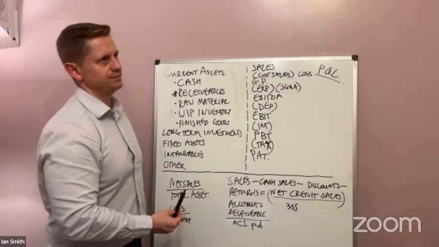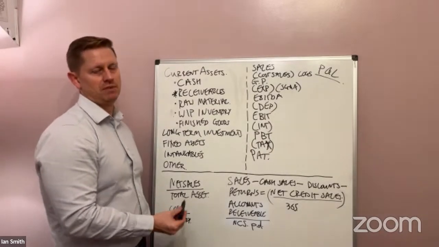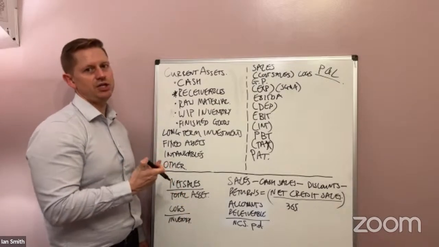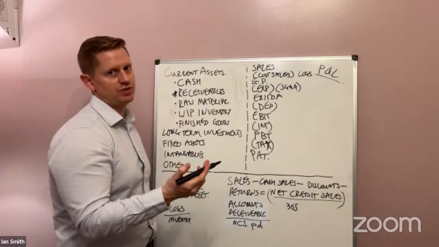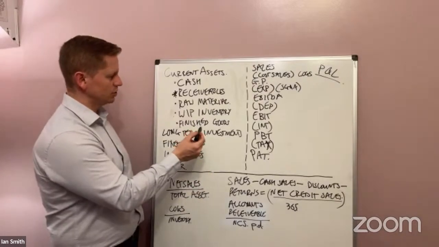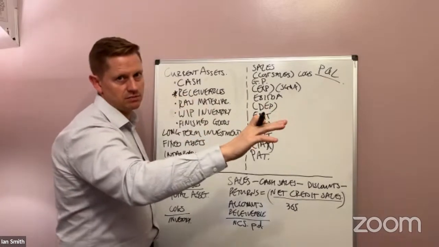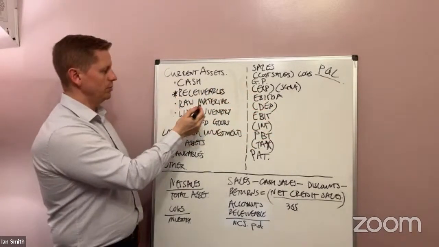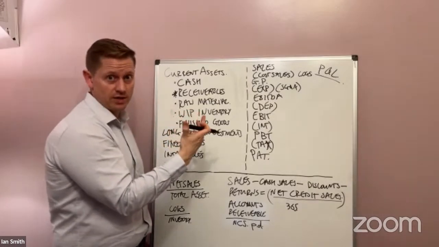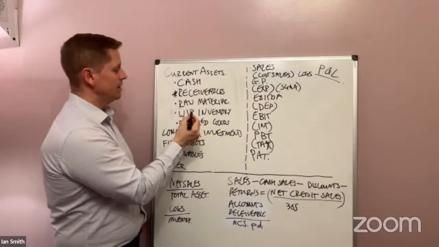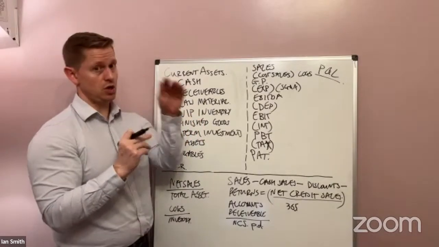You should have a ratio between 5 and 10. That'll give you a good indication as to how much cost of goods sold compared to the inventory is in the business. So, for example, if you have 5 million cost of goods sold and 1 million's worth of inventory in your current assets, then that's quite good because you're able to convert 5 million worth of your costs into